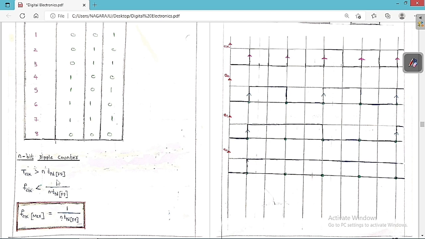So the clock period is greater than n times the propagation delay of the flip-flop. So the maximum clock frequency is equal to 1 by n times the propagation delay of the flip-flop. If the propagation delay of the flip-flop is minimum, then we are going to get the clock frequency as maximum in